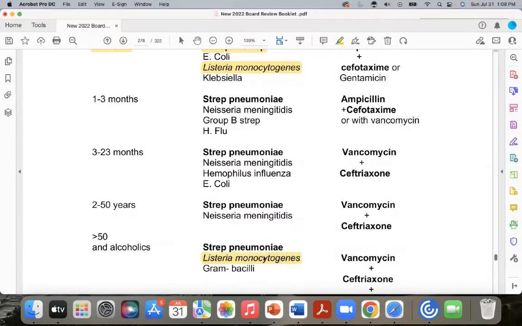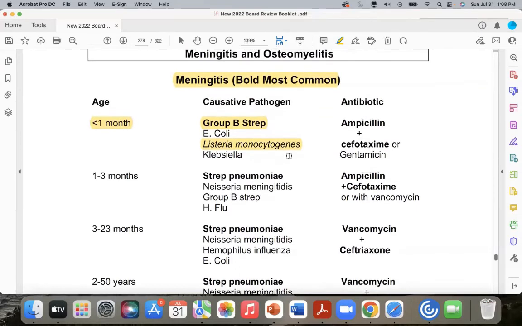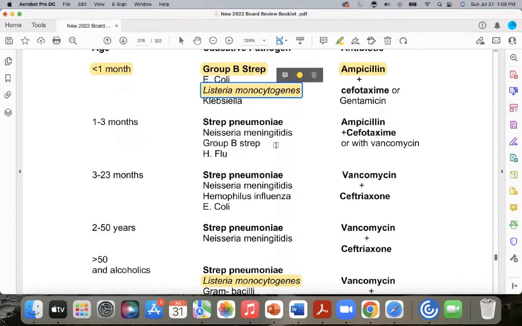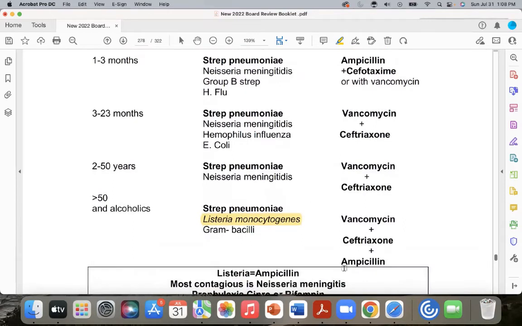It's two different areas. I'm going to hit you when I'm young, and I'm going to hit you when you get older. Exactly. And so what's the antibiotic of choice when we deal with Listeria, guys? It's ampicillin. So AMP is covering Listeria. You got it? And you see how this is part of the regimen? So AMP is covering Listeria.